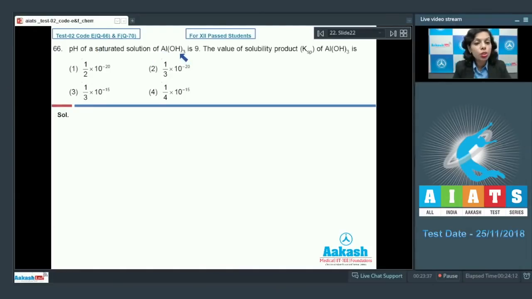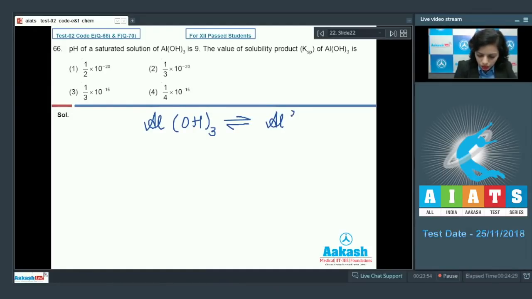The pH of a saturated solution of aluminium hydroxide is 9. The value of the solubility product of aluminium hydroxide is... In this case, the substance given here is Al(OH)3, and it forms Al3+ ion. Along with that, hydroxide ions are formed in this way. So when we want to find out the Ksp value for this, the formula that we'll use here is